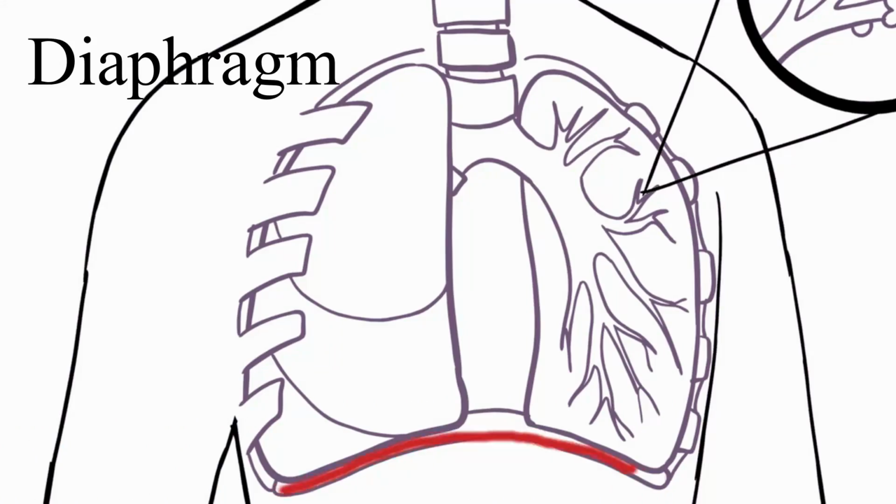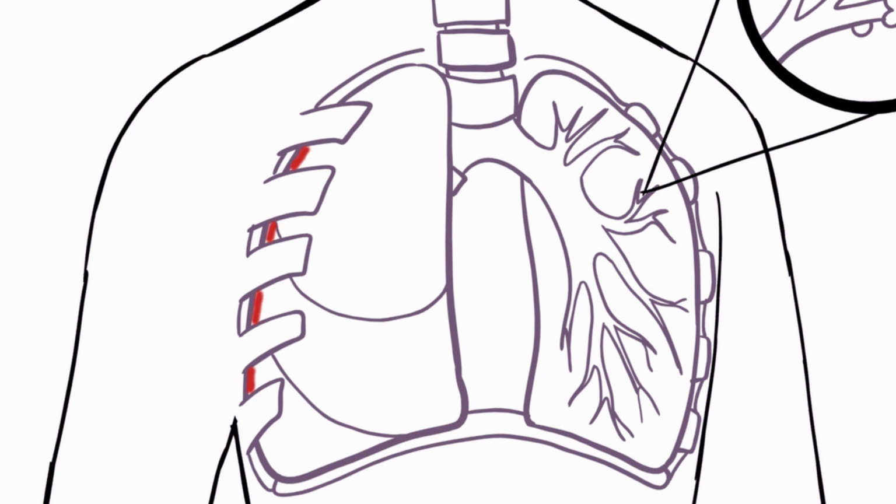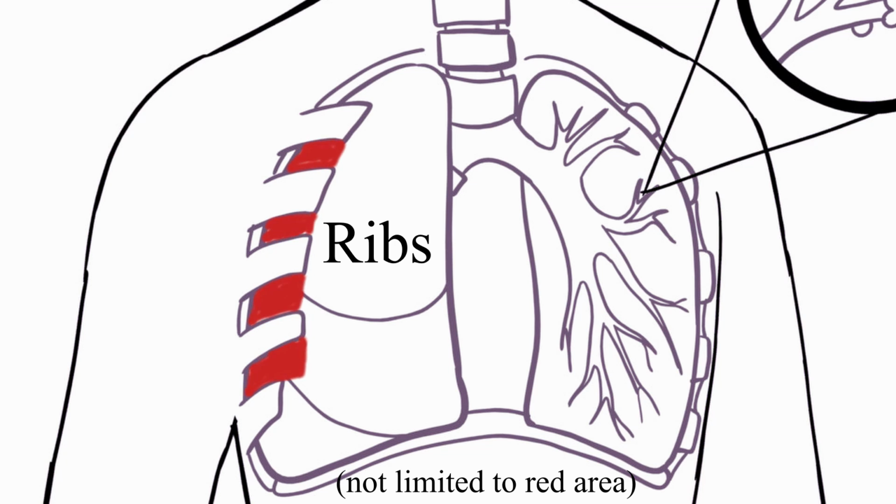From our lungs, our bloodstream delivers oxygen to all our organs and other tissues. Muscles and bones help move the air that we inhale into and out of our lungs. Some of the bones and muscles in our respiratory system include the diaphragm, the muscle that helps especially our lungs pull in air and push it out, which is located in the middle between our lungs and our stomach. The ribs. The muscles between your ribs also help enlarge the chest cavity.